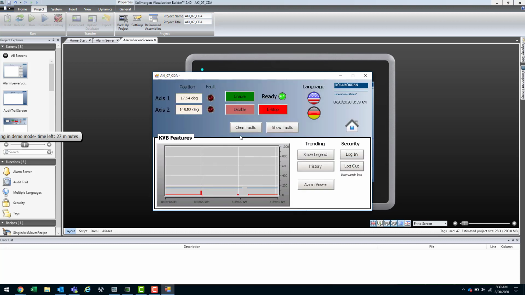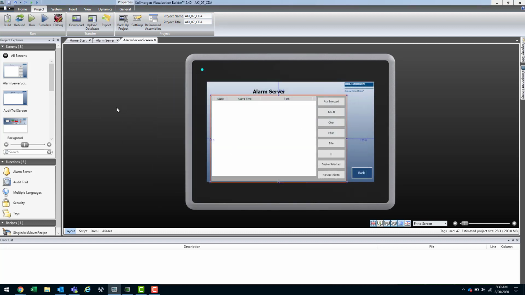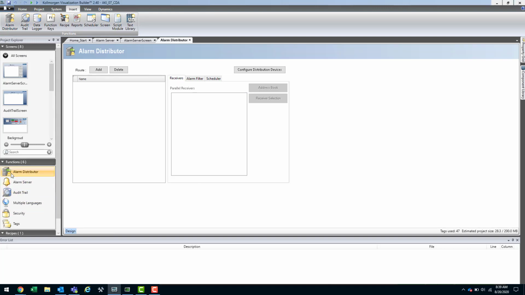Lastly, I'm going to show you, not only can you set up alarms so that they show up on the HMI itself and view them from the alarm viewer, you can also go on the Insert tab of KVB and click on Alarm Distributor. This will cause a new section to show up under the Function section of the Project Explorer in KVB. And you can add new distributors, and this is just ways